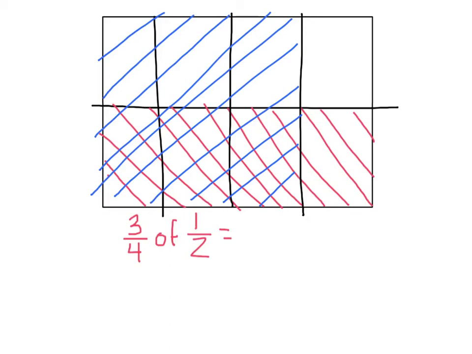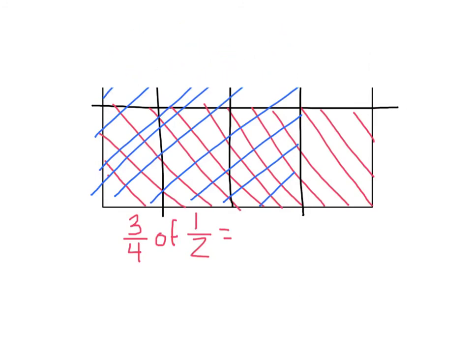Now just this section here, right here, is the 3/4 of 1/2. Because this was the 1/2. And if you look just at that 1/2, you can see that we've divided it into 4 parts. 1, 2, 3, 4. And then we're actually only thinking about the 3/4 of that. Okay? So 3/4 of that 1/2 is just the part that's shaded in 2 colors. So 3/4 of 1/2,